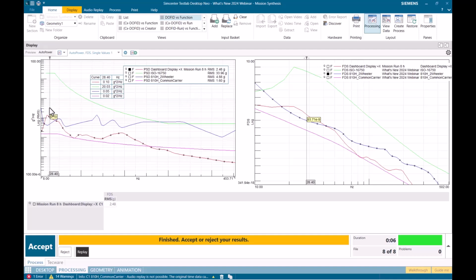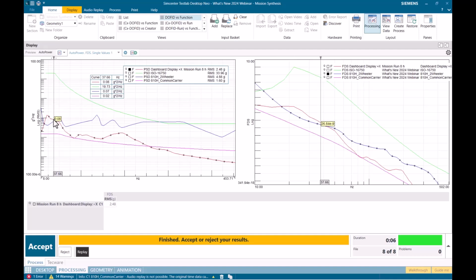So that's here in red, and the PSD from the ISO standard. I can see that if I'm using this blue curve here, I may be underestimating the damage potential that my component might see. And if I have some resonances in this frequency range on my component, I might be in some trouble.